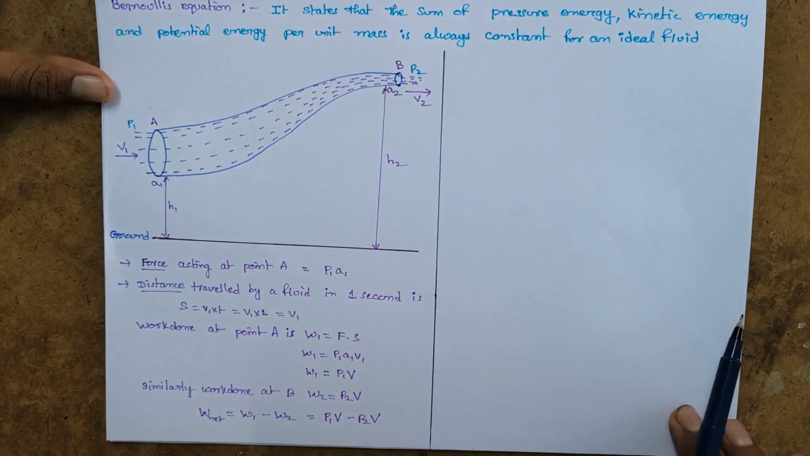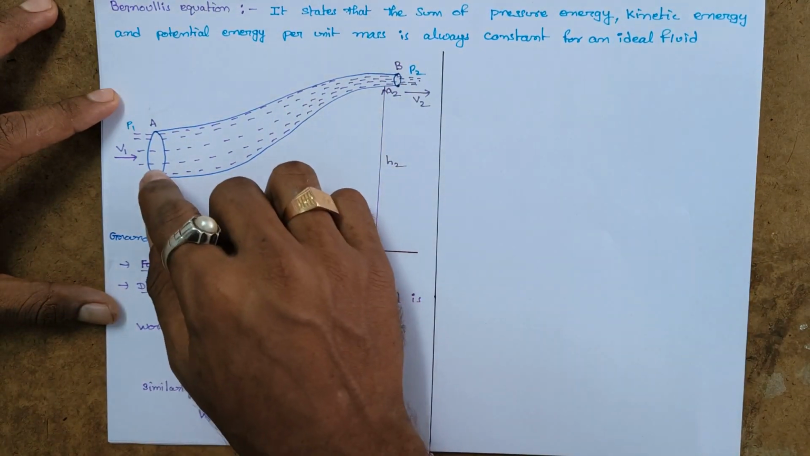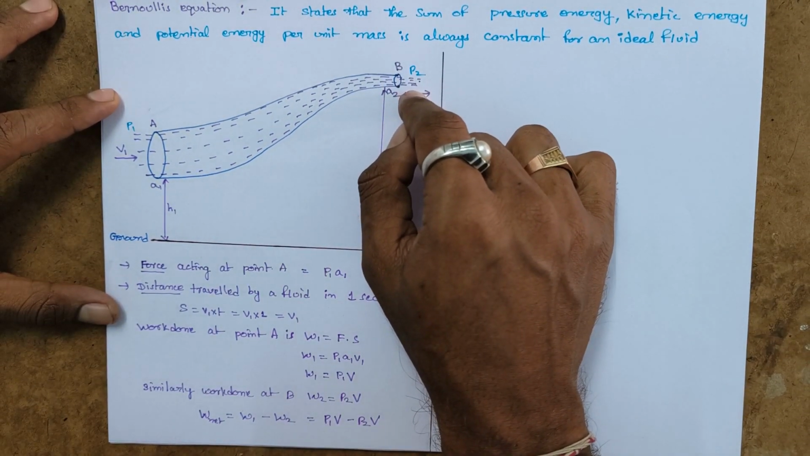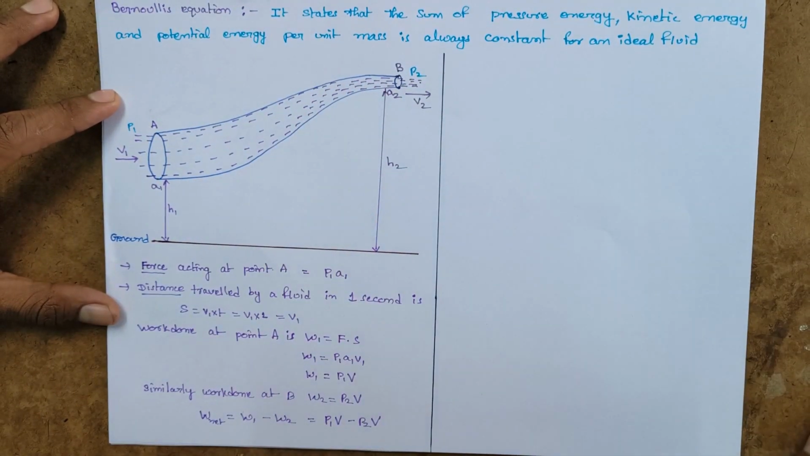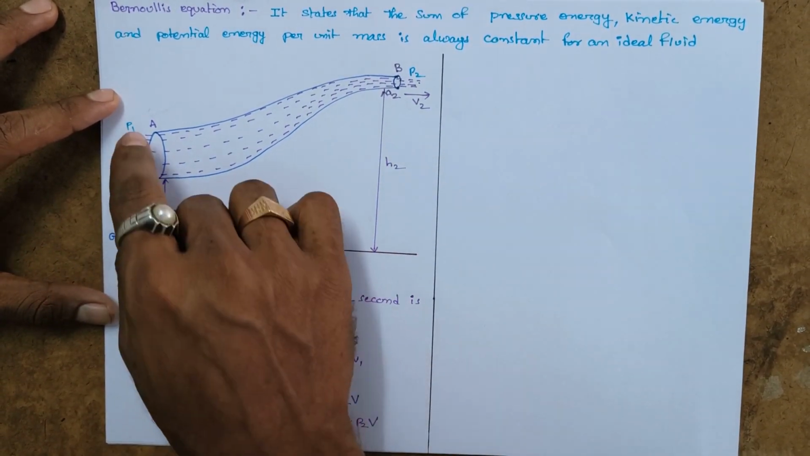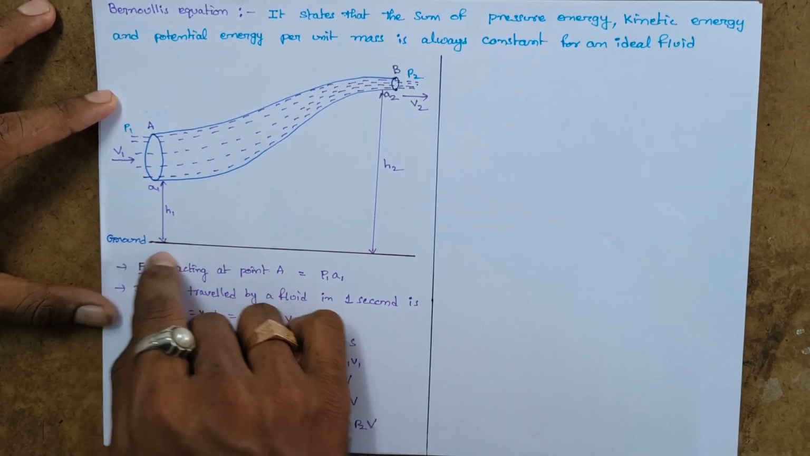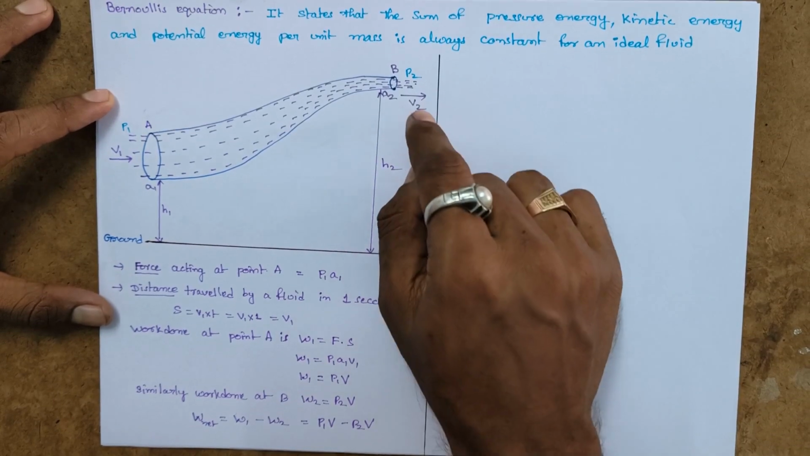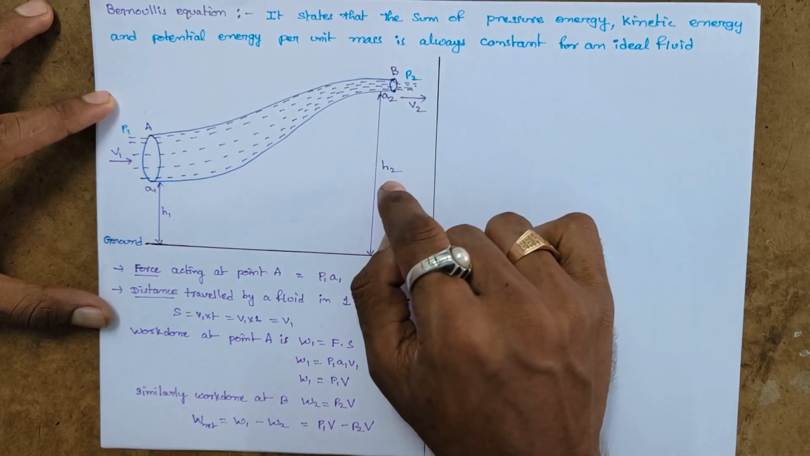Now coming to the diagram. Look here. We have a non-uniform cross-sectional tube. Here the area of cross section is A1 and here the area of cross section is A2. There is a fluid flowing through the pipe. Let P1, A1, V1 and H1 be the pressure, area of cross section, velocity and height from the ground at point A. Similarly, P2, A2, V2 and H2 be the pressure, area of cross section, velocity as well as height